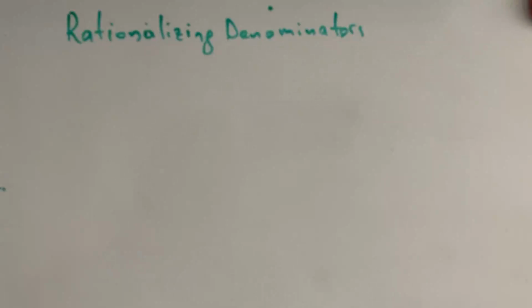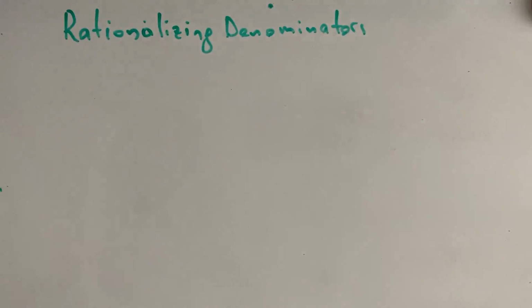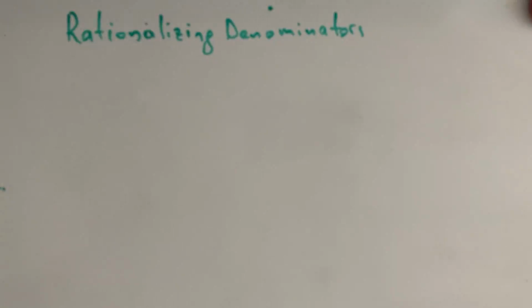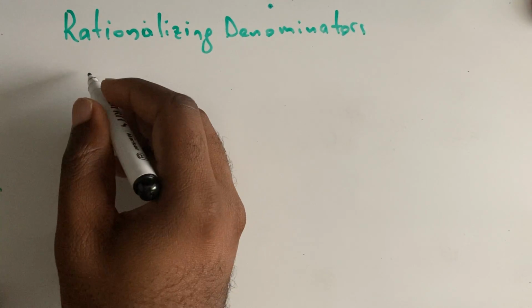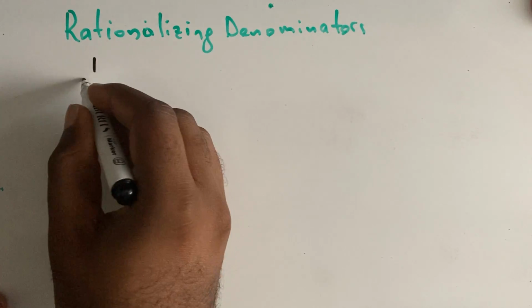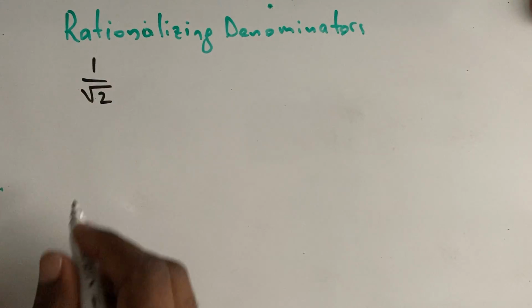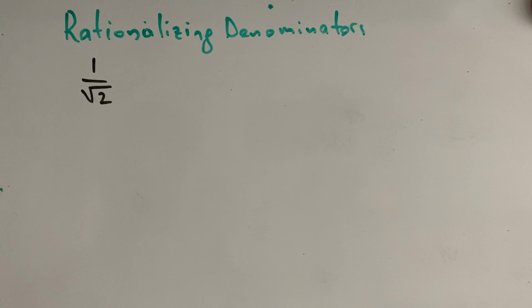Hello guys, in this video I'm going to show you how to rationalize denominators. It is actually improper to write, not that the value will be different, but it's important not to have radicals in denominators. Like, for example, if you have 1 over square root of 2, it's important to rewrite it because you have a radical in the denominator. So if you have an expression like this, your instructor may require that you rationalize